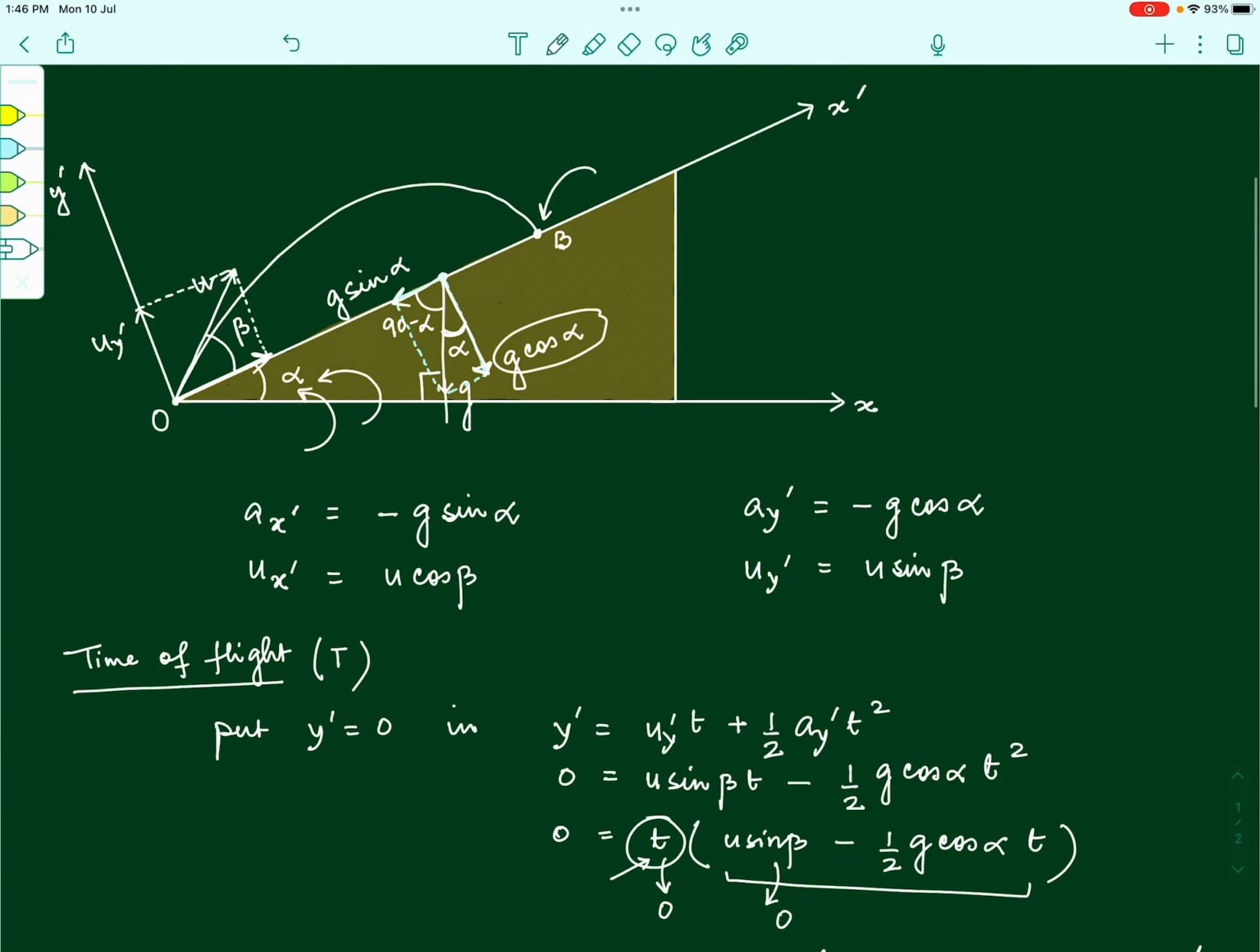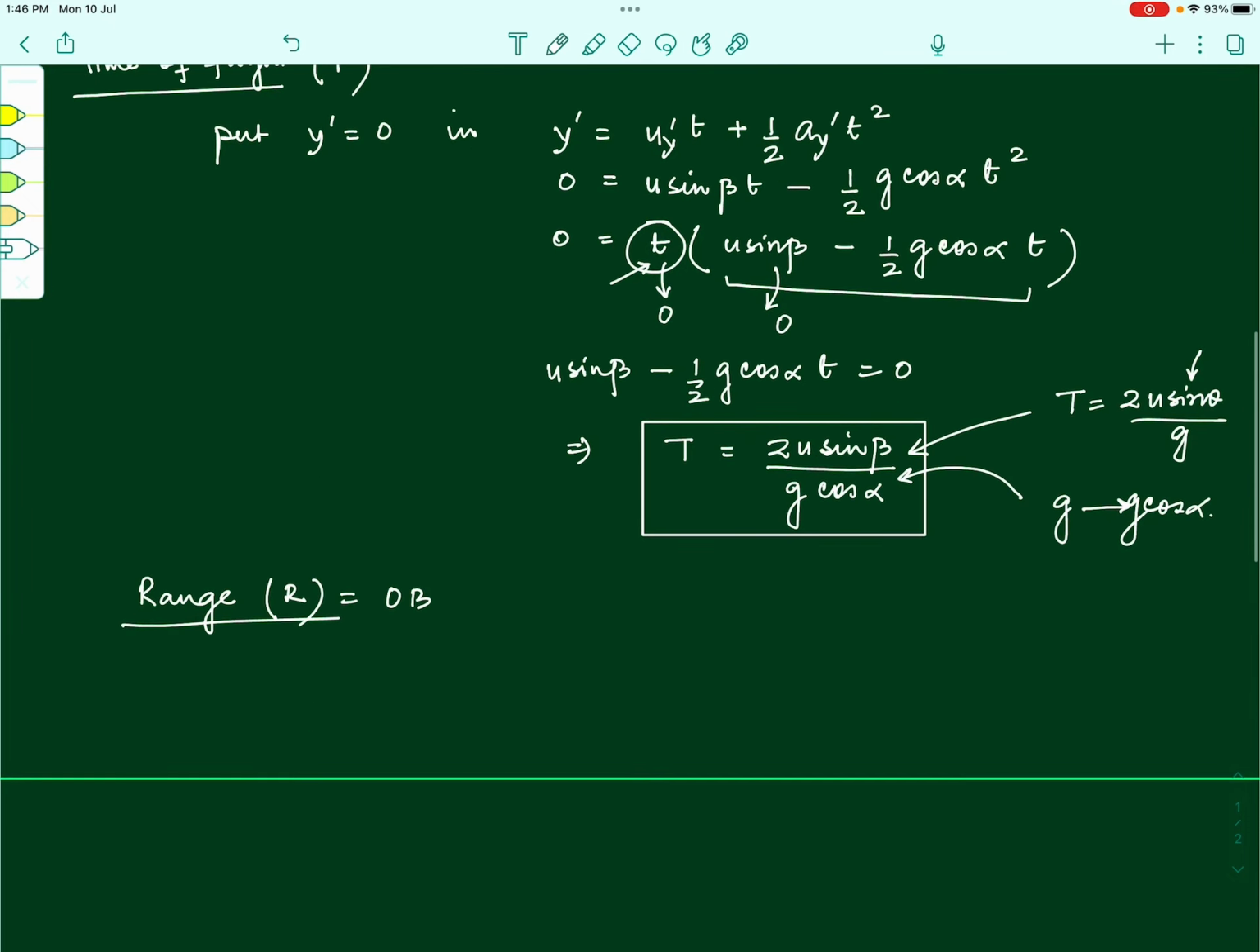Now how do we find out OB? Can we say OB is the displacement of the projectile along the x dash axis once it completes its motion? That means in the time which is equal to the time of flight, if we can find out the x directional displacement, that will be nothing but the range, right? So all we need to do is put